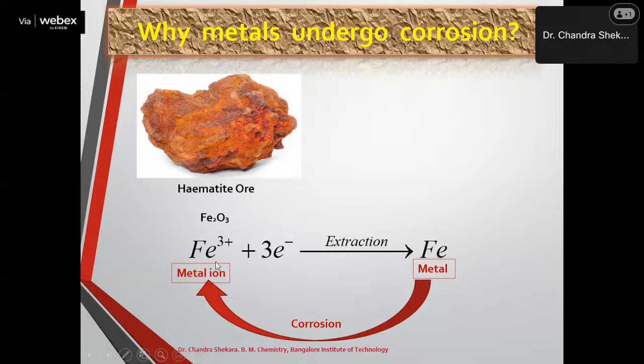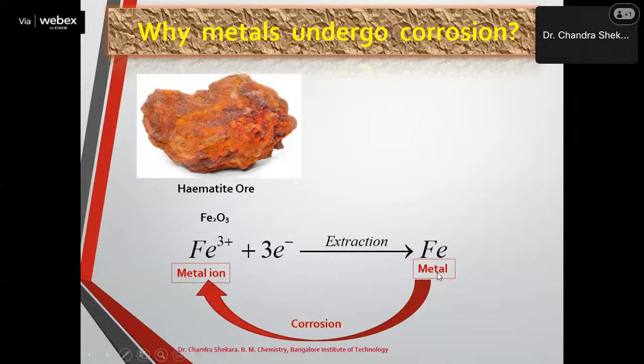And the iron metal is obtained from hematite ore through a metallurgical process, where the main reaction carried out is reduction of Fe3+ into Fe by using an appropriate reducing agent. And this reduction reaction requires a very large amount of energy. Therefore, during metallurgical extraction of iron metal, a lot of energy is supplied to hematite ore to convert hematite ore into iron metal. Therefore, the iron metal is always at a higher energy state when compared to the hematite ore.